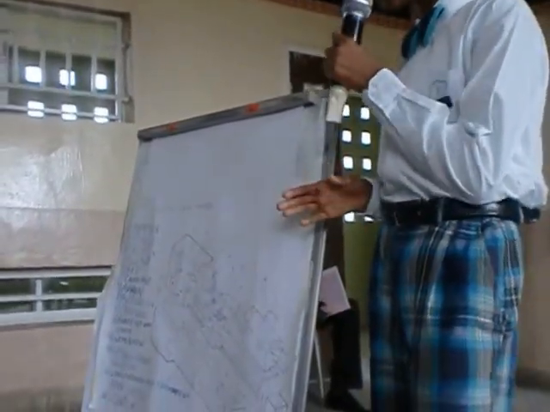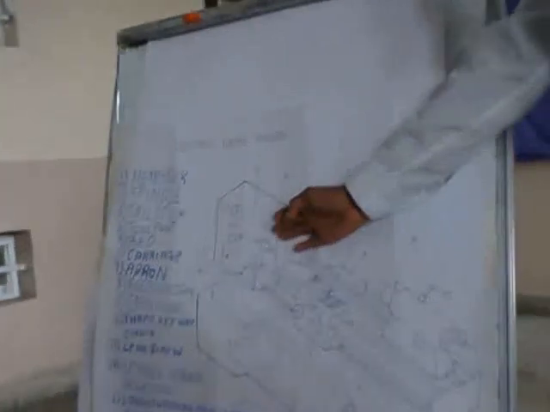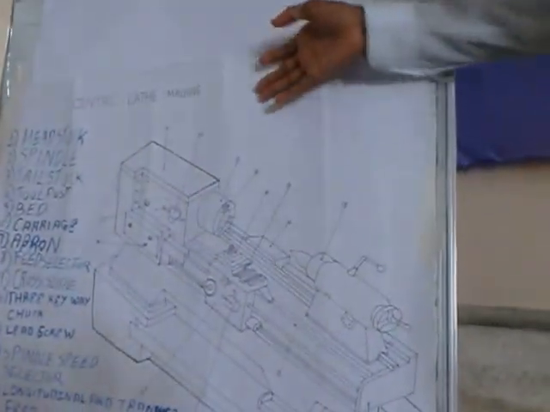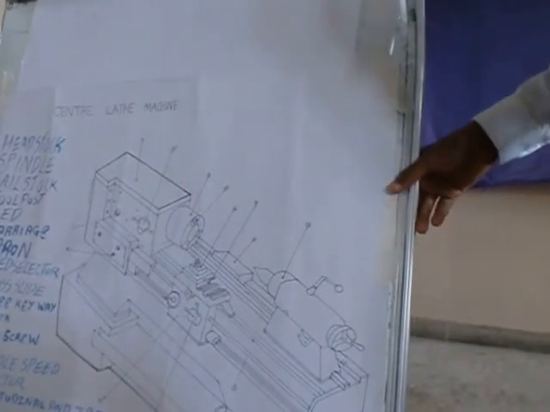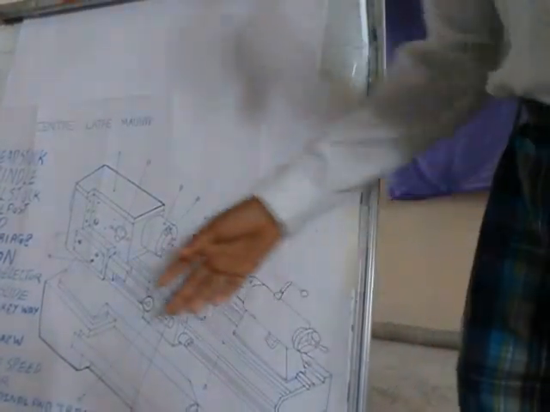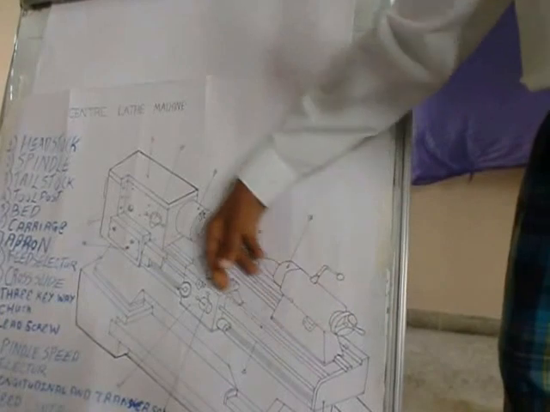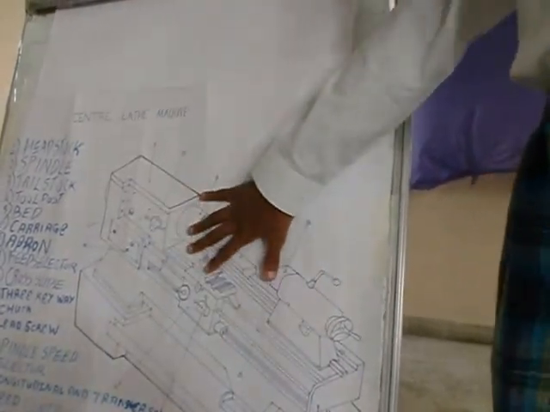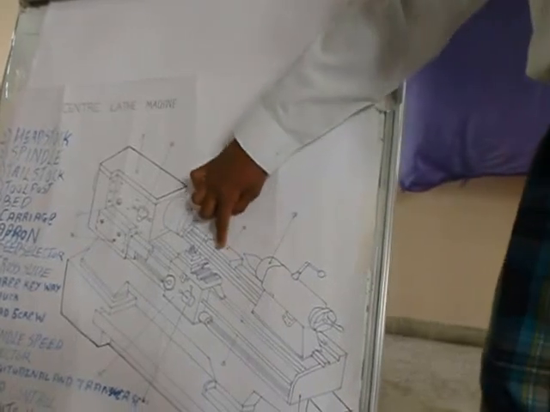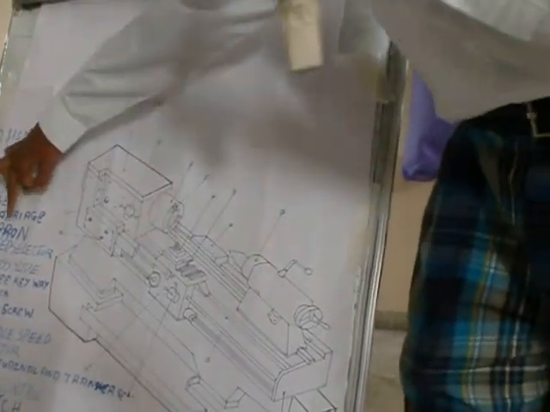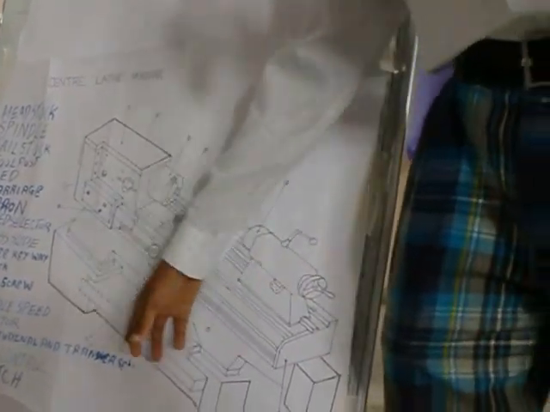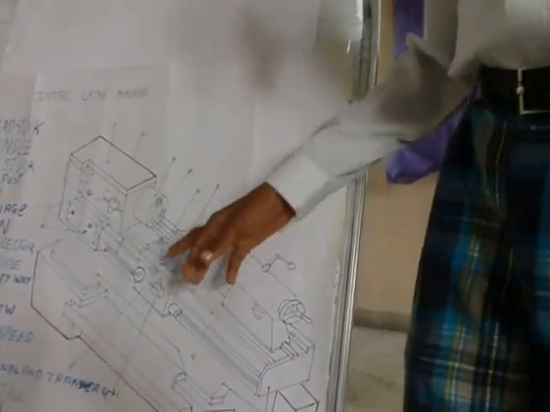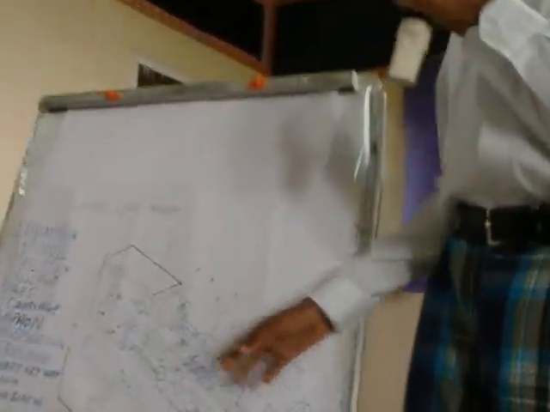We have the cutting off tool, which is used for grooving and patterning. We have the boring bar, which is used to make holes on the workpiece. And we also have the side tool. Then we have the bed, which holds all the components of this lathe machine together. We have the carriage, which moves the workpiece from side to side. We have the apron, which holds the longitudinal and transverse speed control, which also holds the carriage.